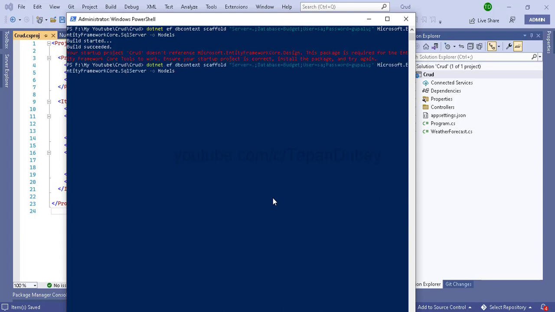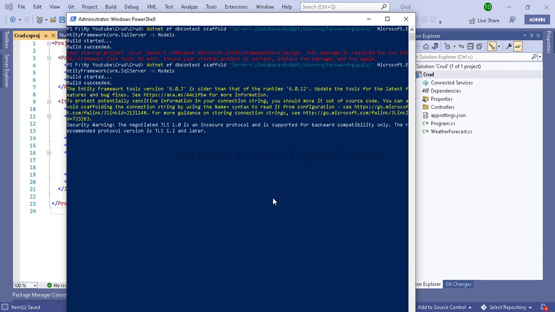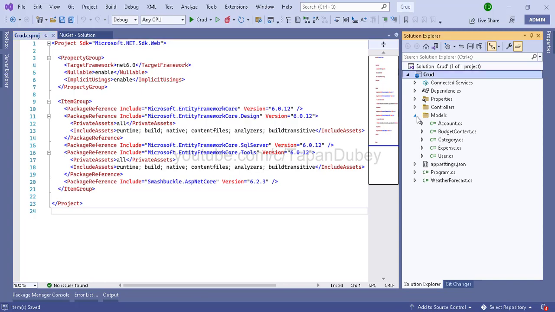And now let's run this again. Okay, so we didn't save, and because of that, the design was not found earlier. But this time it's looking like it's working, and yes, we can see in the background the models folder is created,